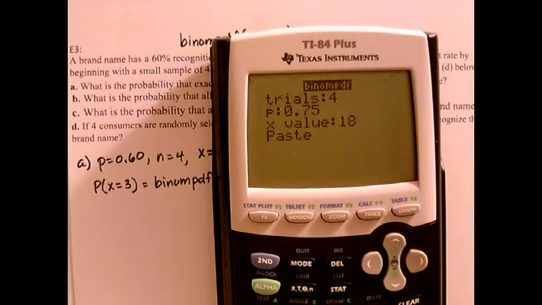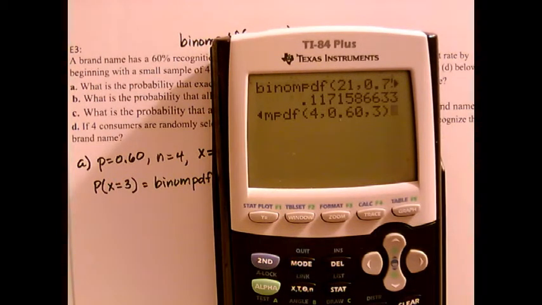Okay, and then press enter. Your probability was 0.60, so that's 0.60, and then press enter. Your x value in this case was 3, so we enter 3, and then press enter to highlight paste, and then press enter again. And then finally press enter again, which will give you